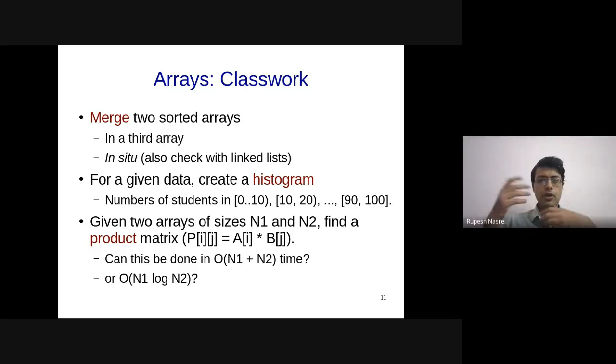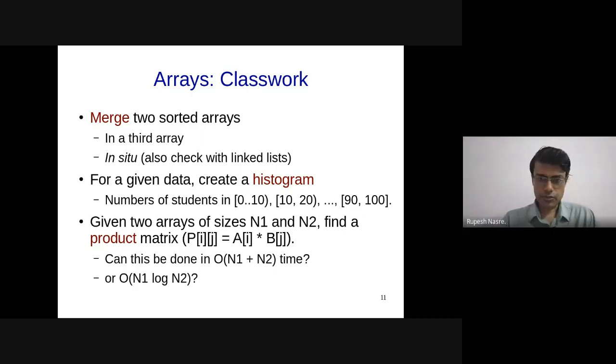Yeah. So one possibility, if you are interested in only printing the matrix, and not in computing the whole matrix, is that you can have a single variable which stores the value of A_i into B_j, output it, and then reuse that variable. So that could be one way. Although that is still going to require order n1 into n2 time, space complexity for P is not really going to be required, in the sense that it's going to be constant, but for A and B, you will still require order n1 and order n2 space. Okay. Any other concerns here?